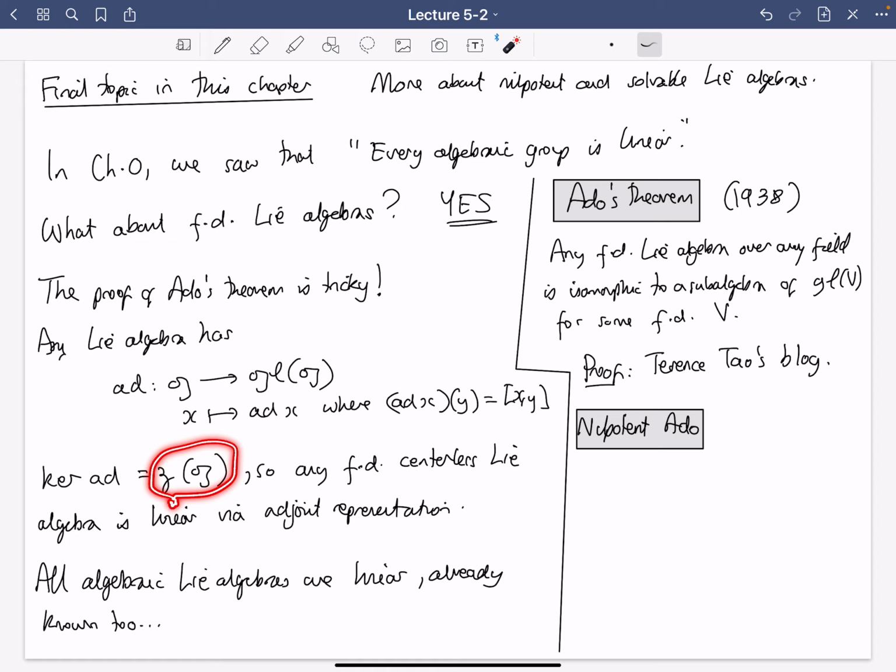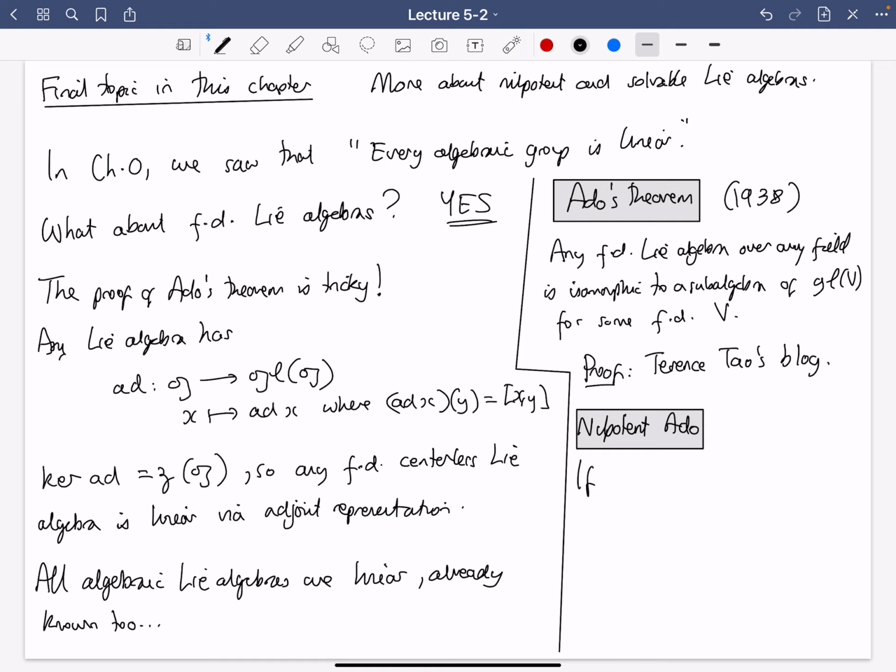So for nilpotent Lie algebras, you always have this center to deal with, so the adjoint representation is never going to help you in proving this linearity. Anyway, so in Tao's blog, he starts off with the proof of Ado's theorem in the case of nilpotent Lie